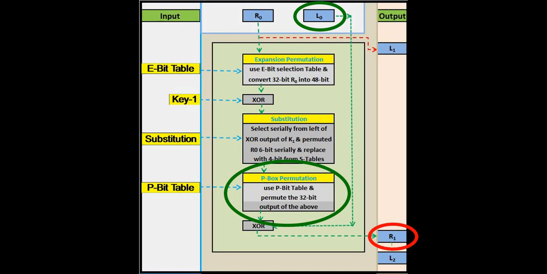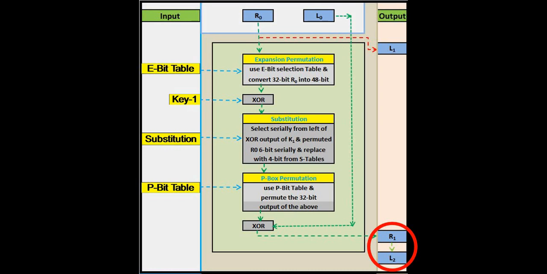This output is our new R1. Notice we have already obtained L1 in step 2. This completes the mixer block of the Feistel network. We now store this R1 in L2 for use in the next round. This is a swapper block. Within one round of Feistel network, this is what happens. We are now ready to move on to round 2.